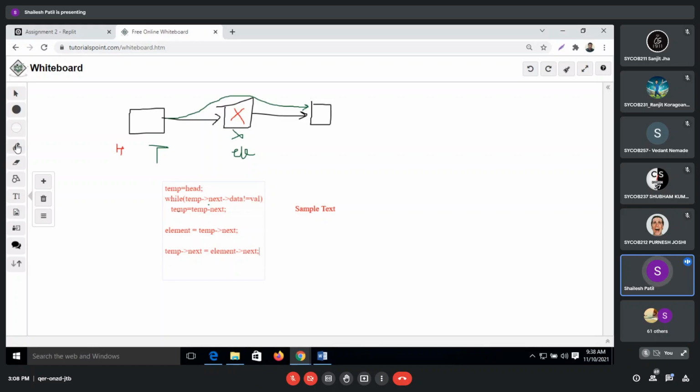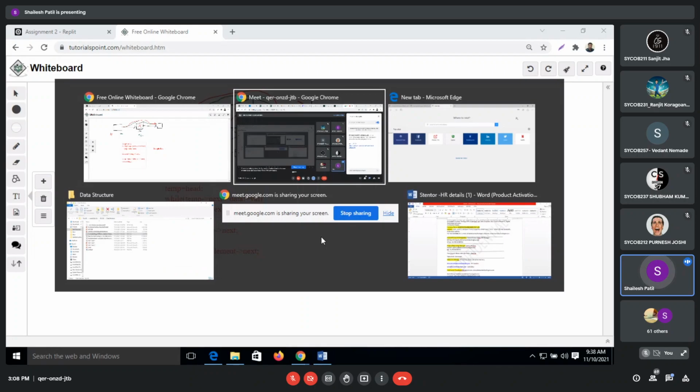So what will happen? This temp next now points to element next. Finally I will do like this and delete element. Okay, clear?